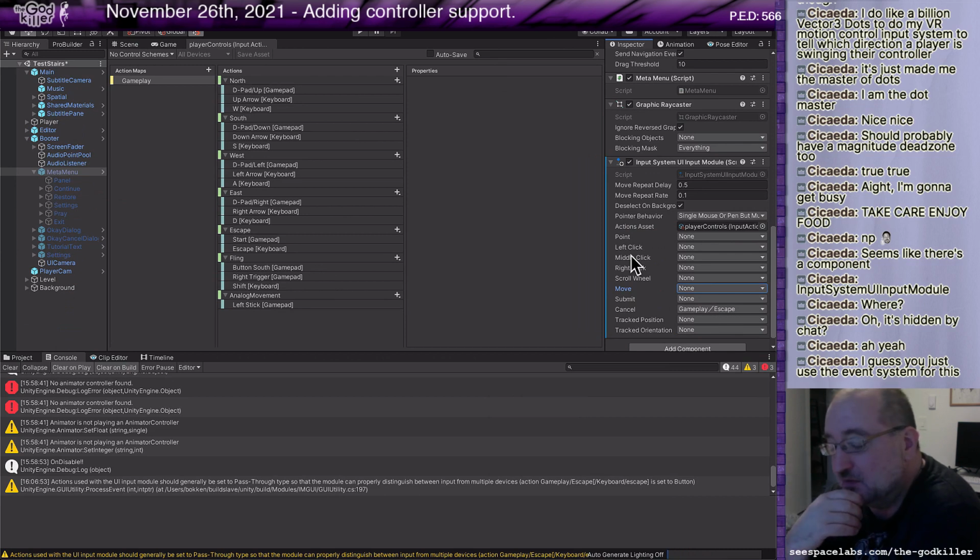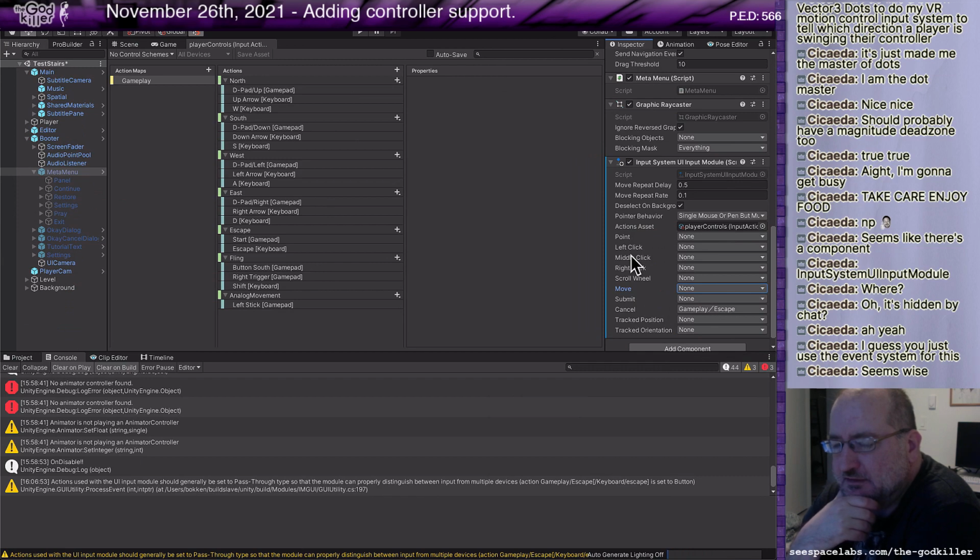Now I'm thinking maybe I should create a separate action map just for the meta. I don't know if... yeah, it does. Particularly if I'm creating one action map that's kind of a union of what I need in the game and in the meta areas. Yeah, it's kind of confusing.